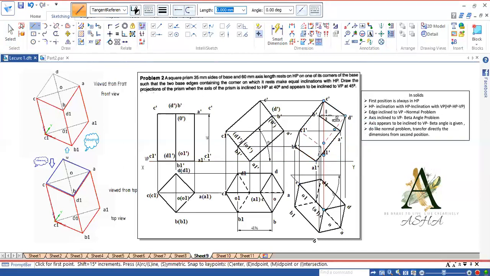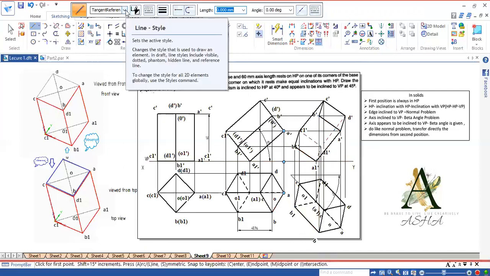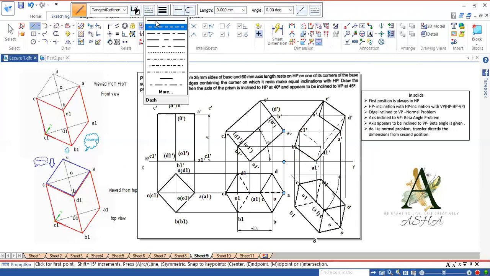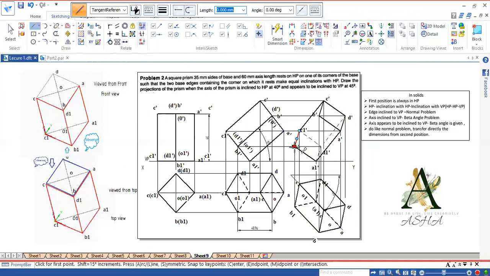So remaining B1, B dash, that is visible because B is near to the observer. So from B1 to D, it will be visible. Okay, so only these three edges will be hidden.